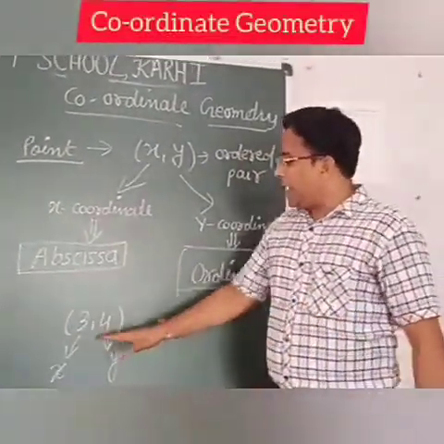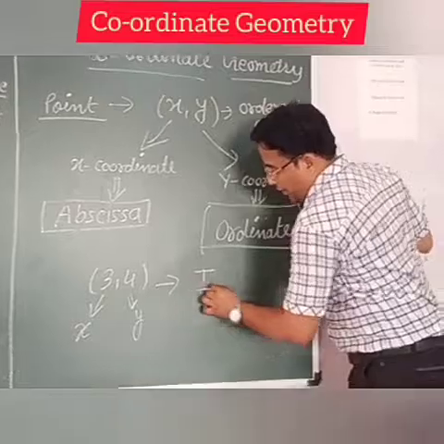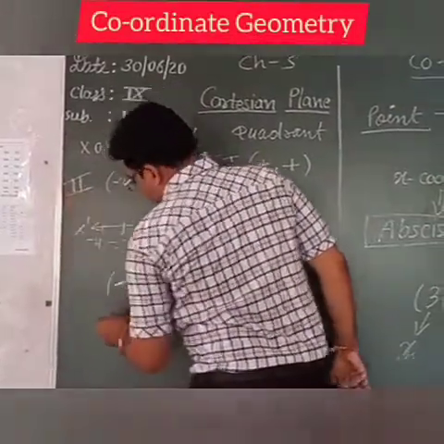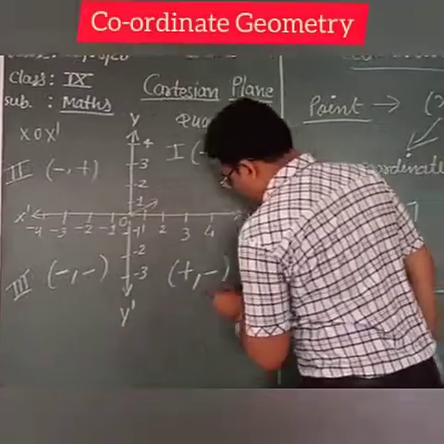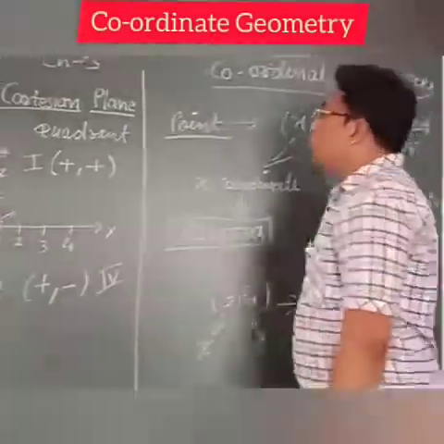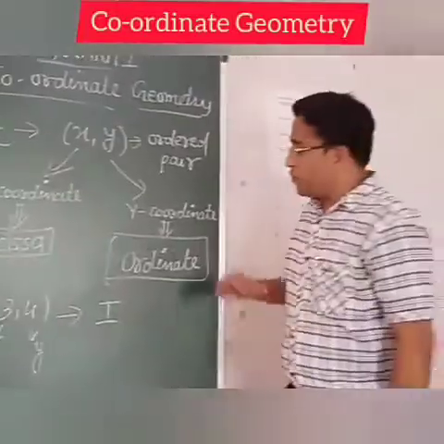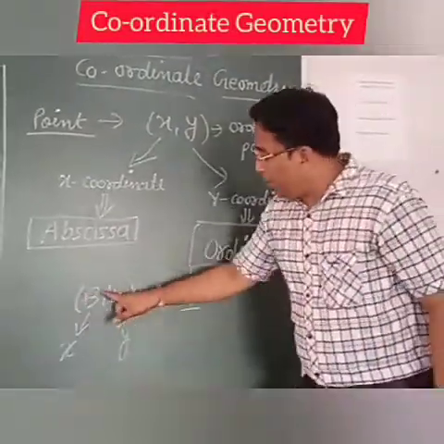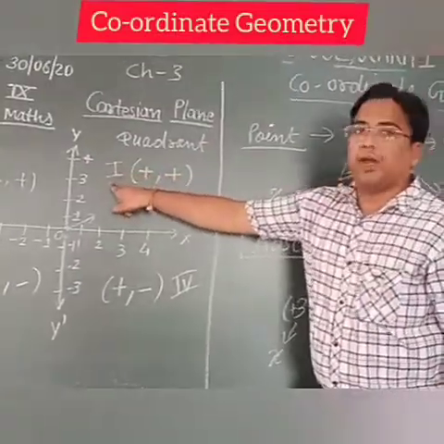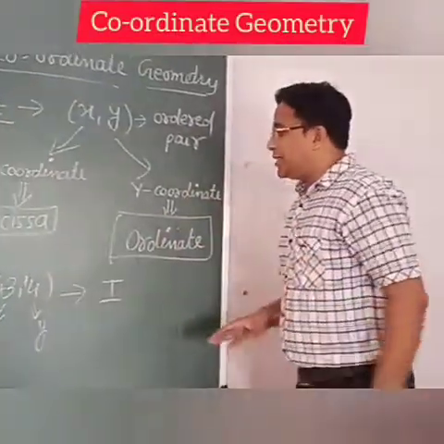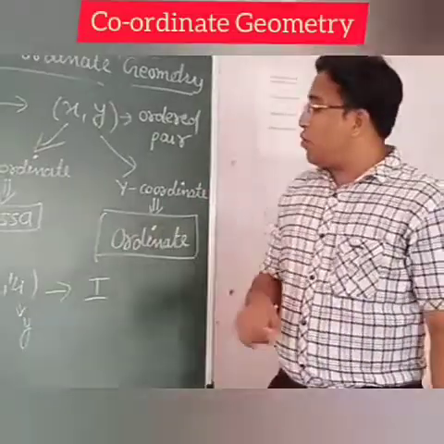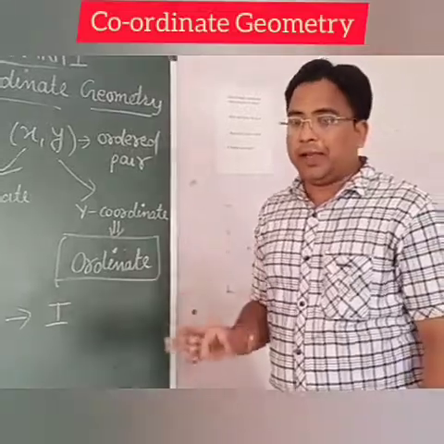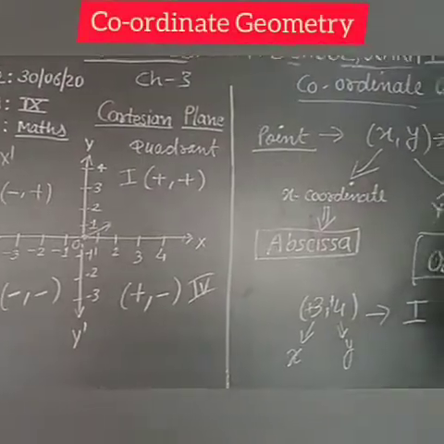So yes, it will lie in the first quadrant. Again, I am writing: it is the first quadrant, it is second, it is third and it is fourth. तो ये फर्स्ट क्वाड्रेंट में होगा. क्यों? Because this value is positive, this value is also positive. So plus plus quadrant is also called the first quadrant. So if the question is, in which quadrant will this point 3,4 lie, our answer will be the first quadrant. Get it? Now tell me,